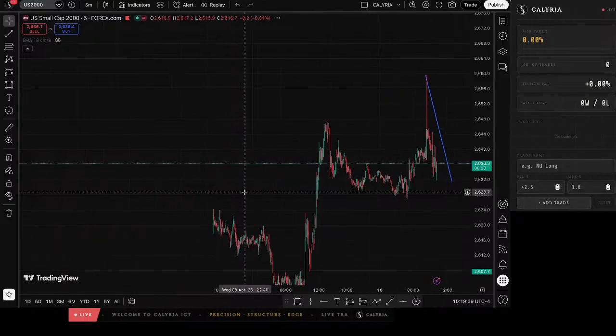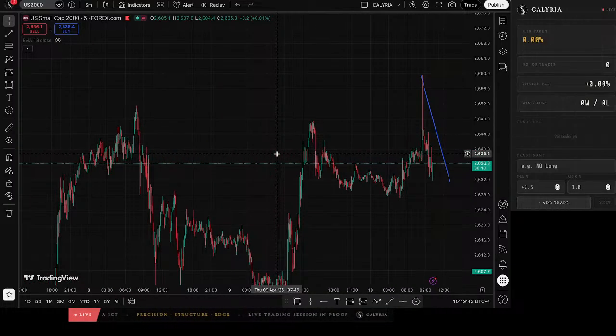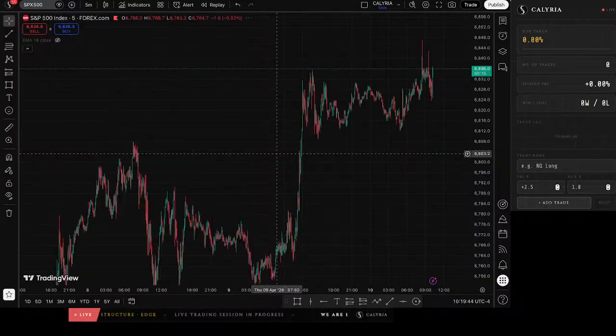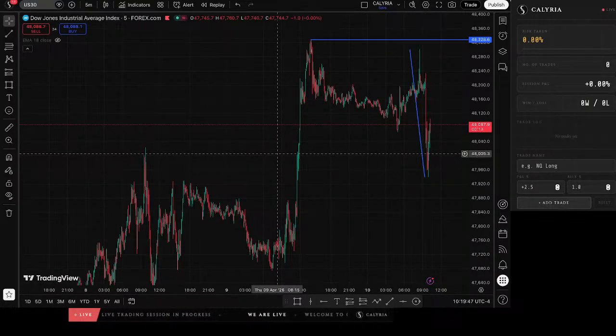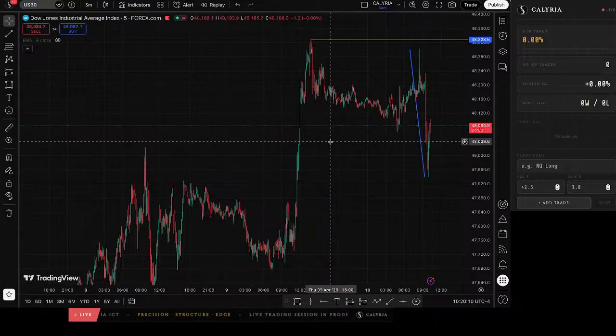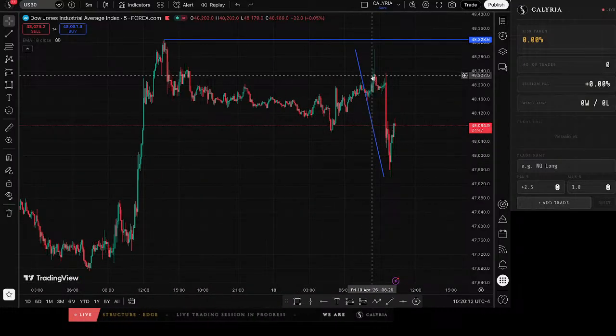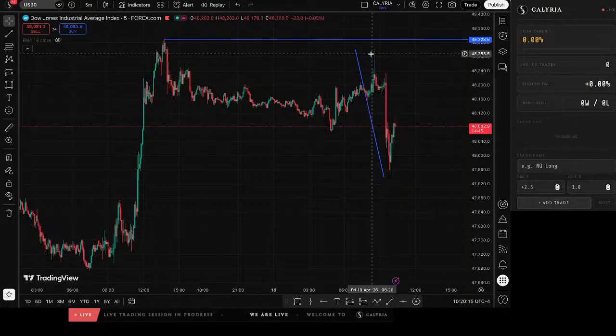So what I was telling you was another proof. See, US 2000 and US 30. These were the pairs about which I said that it would give the highest move. Also, it would give sell moves. Today, I was like, okay, I have got this sell intention on these, and see the sell moment after US 30 it gave here